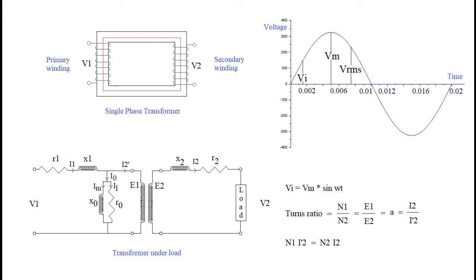The transformer that we considered in our previous lecture is only an extension of an iron core inductor coil. When a second coil is placed on the magnetic core, the RMS voltage changes to a new value depending upon the turns ratio. Now we will start to explain the basic phenomena of the transformer.